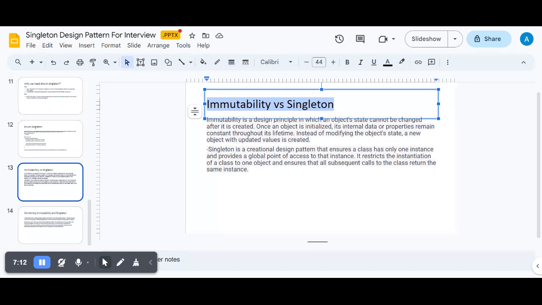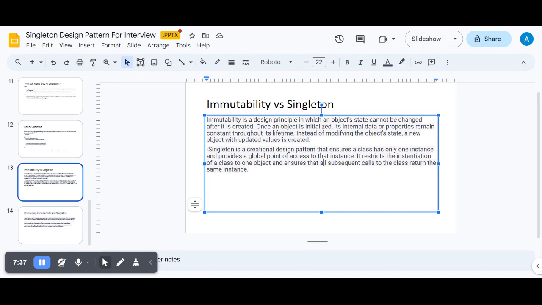Immutability is about state, the value, and singleton is about memory allocation. So when you want one value to be maintained all together at a place, we say we are using immutability. When we talk about wanting one initialization, then we talk about singleton. So that is the difference. We will also read that